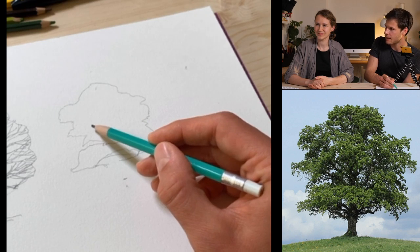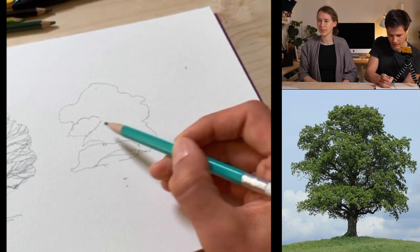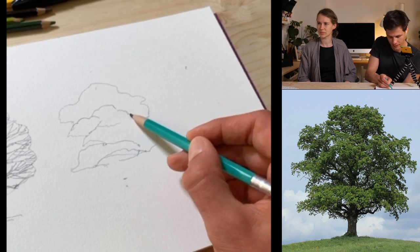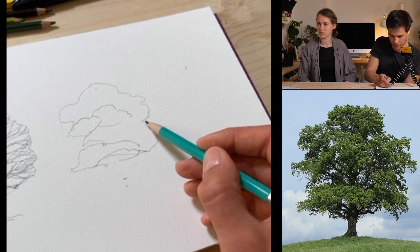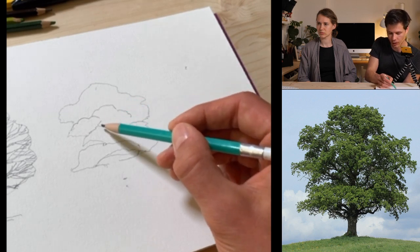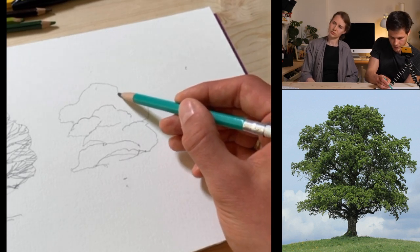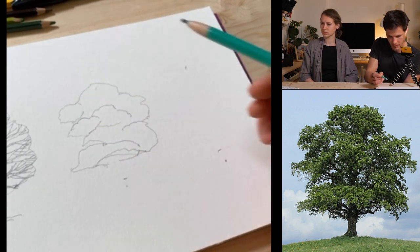Then the next one I see is something here, right? There is a group on this side. And then I see one also here. So I'm maybe not totally defining them. I'm not even drawing the whole shape. It's very important to draw the outer line as a whole shape, but these inner clumps you can leave be a little bit. So I can just easily